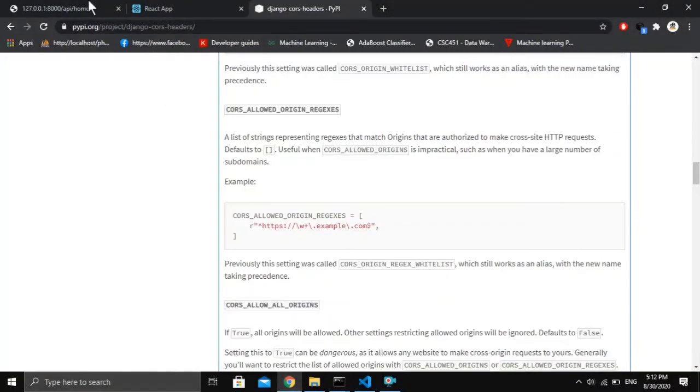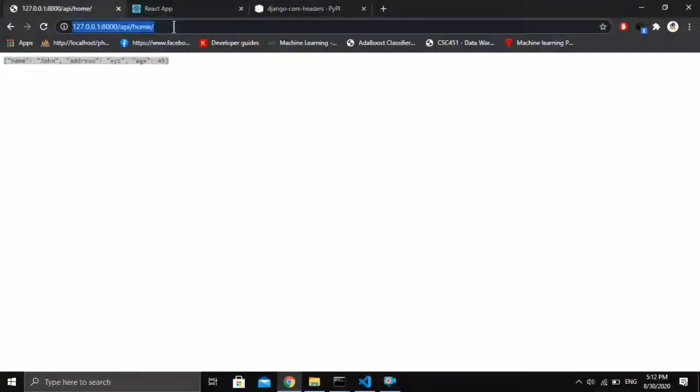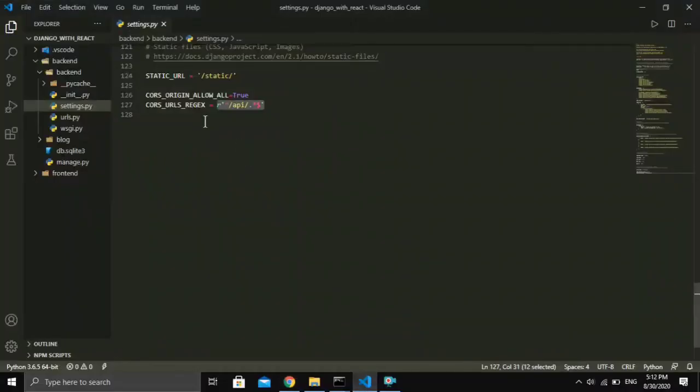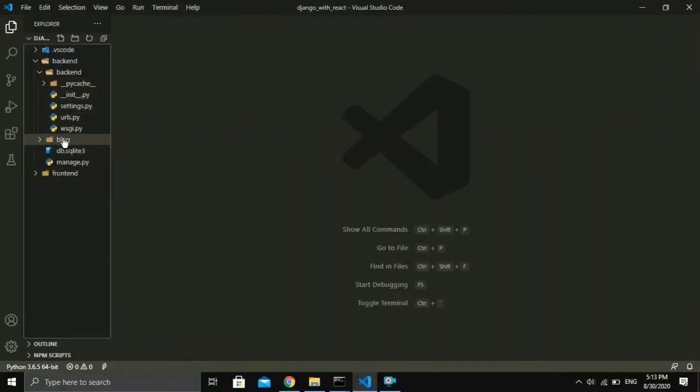As you can see here, in my Django project, I copy this and paste it here. You can see our Django project is matching this URL pattern. At the first, there is anything, and at the back side of API, it may be anything. So this is the way you can write this, and I save this and close this now.